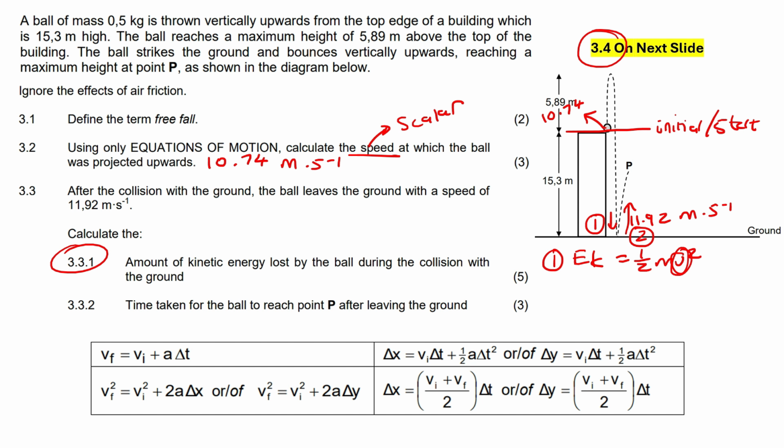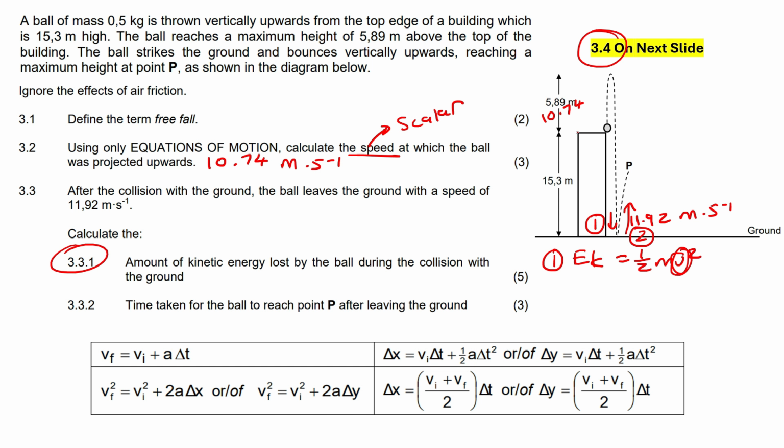Okay, now there's many ways that you can do this question. A lot of learners, I think, are going to take this as the starting position up here, and then they're going to add these two numbers together, and that'll give you the total distance from the top to the bottom. And then you could easily just use, for example, this equation over here. Other learners, what you will do